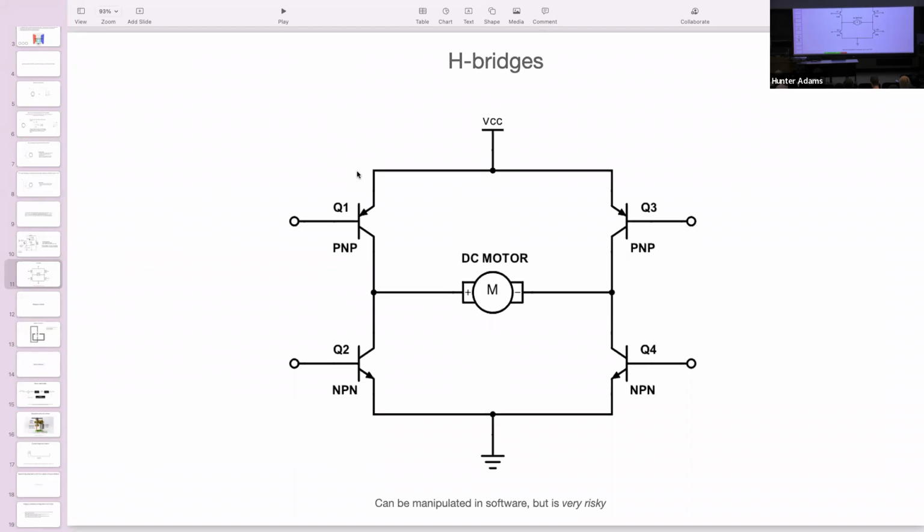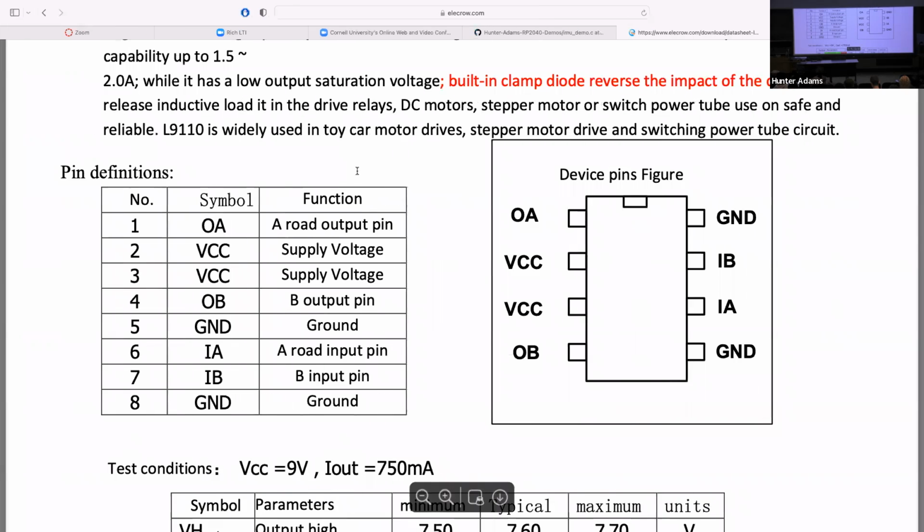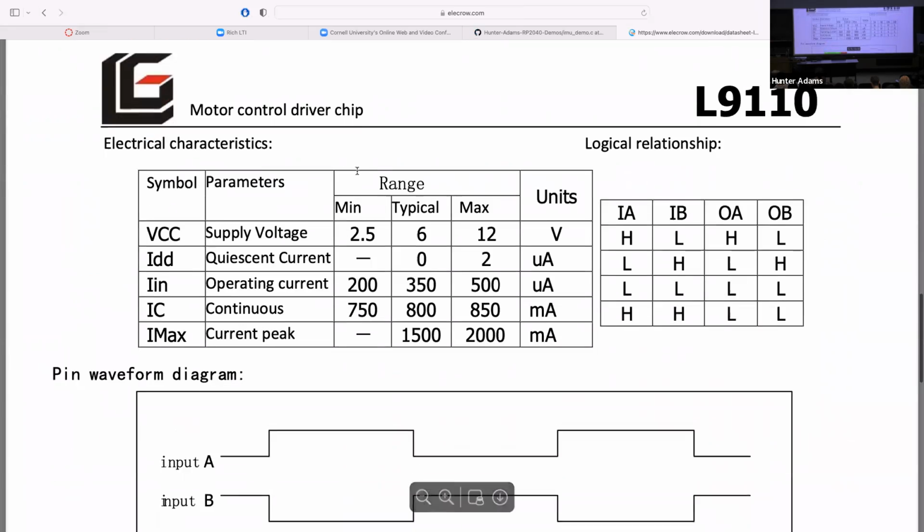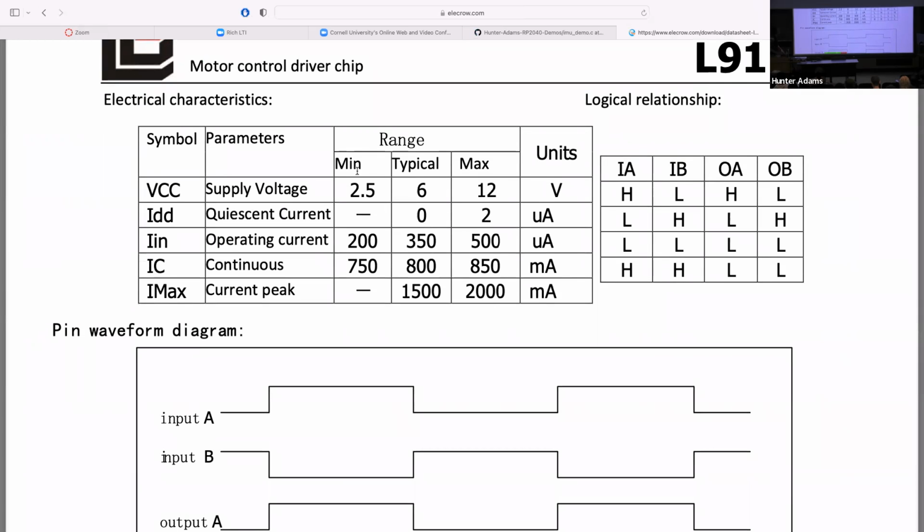On this particular integrated circuit, the thing I wanted to point out is that if we scroll down here in the data sheet, there is a logic table that shows input A, input B, output A, output B. It's showing us, for each of the possible inputs to the two control channels, what the outputs are.